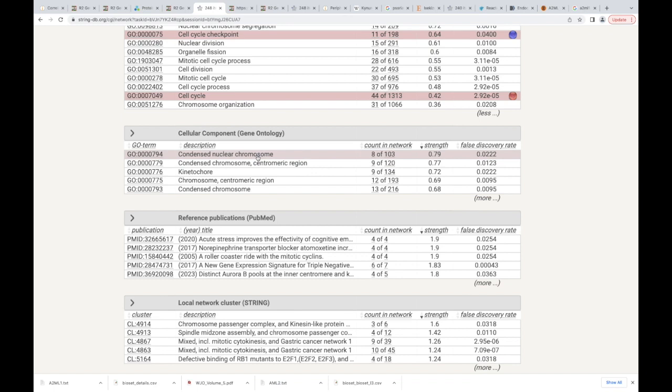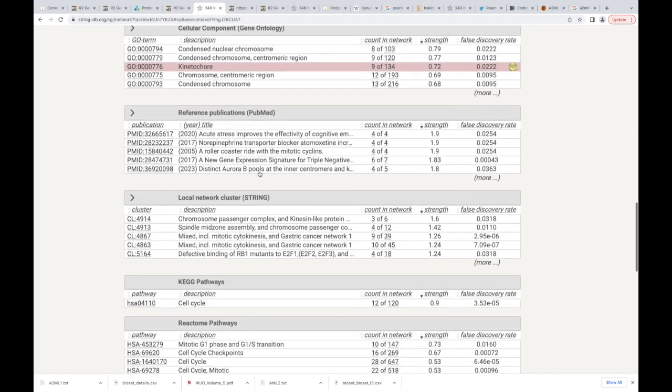A bunch of these, more than we would expect by random chance, are associated with chromosomes, centromeric areas, kinetochores. Whatever A2ML1 is doing, it's absolutely associated, at least in breast cancer, with cell